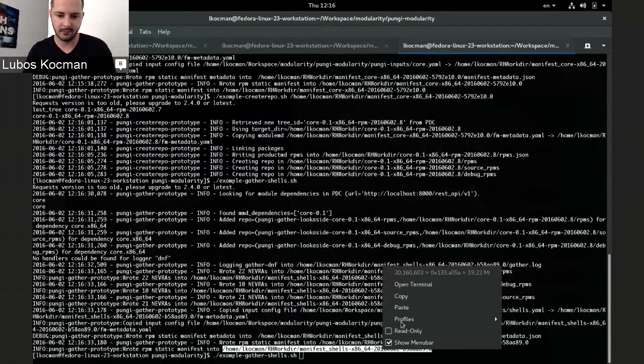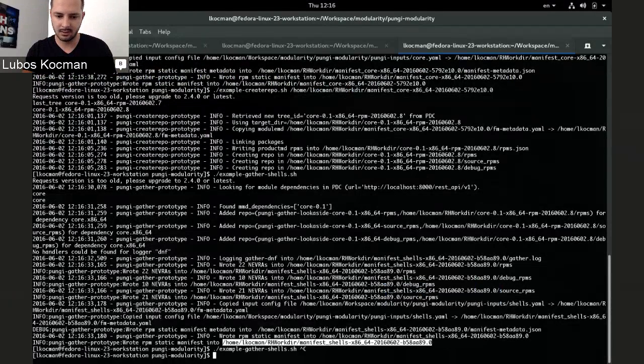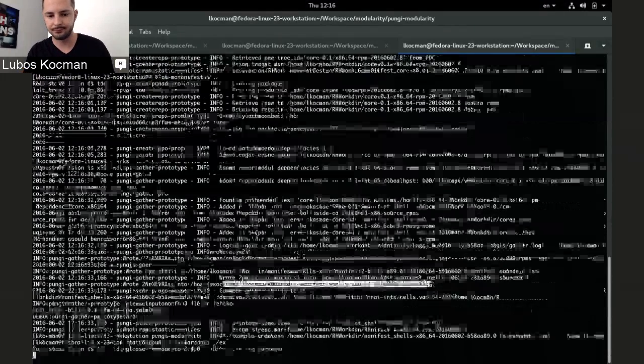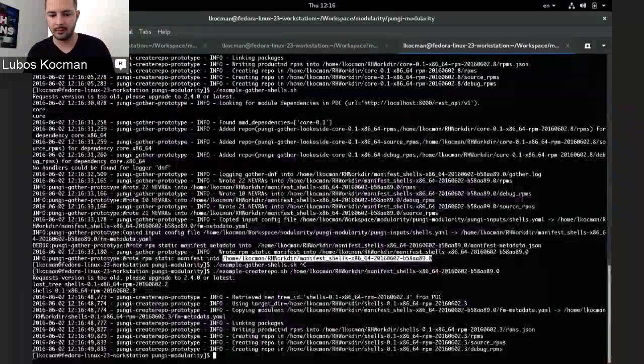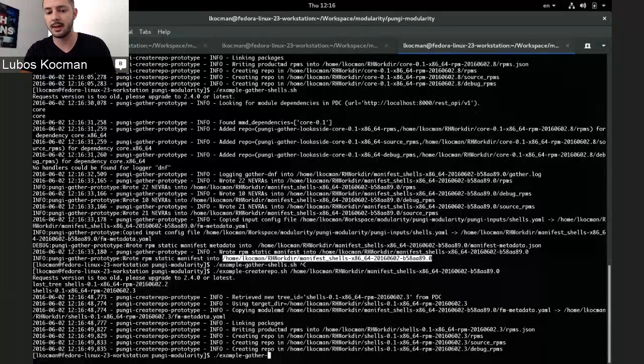And now if you just do the same for shells, you actually import the shells repository as well into PDC. And now if you run the compose, you will actually query PDC for the latest tree of shells of given version, 0.1 in our case. Same for core, and it just brings the metadata